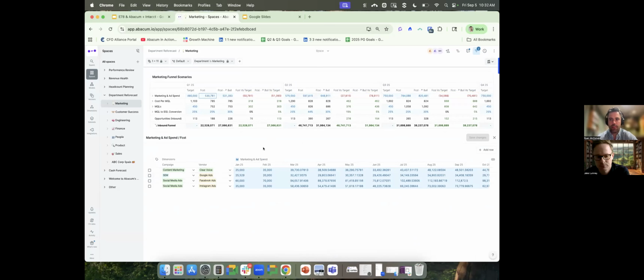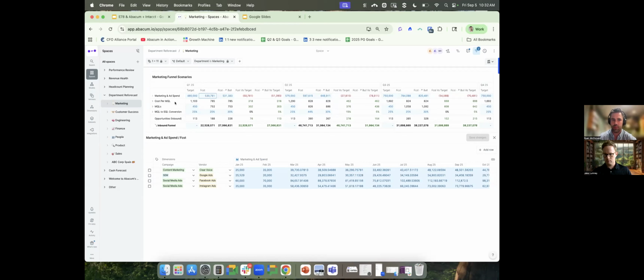Yeah, and this is a good example of not only giving marketing the ability to review their budget and submit new requests. I've even created a space here where they can see different versions, the target, the forecast, and the bold forecast, and start to play with those scenarios. And this won't impact anything else. I've created a new version that allows them to flex those scenarios, flex their spend, and then